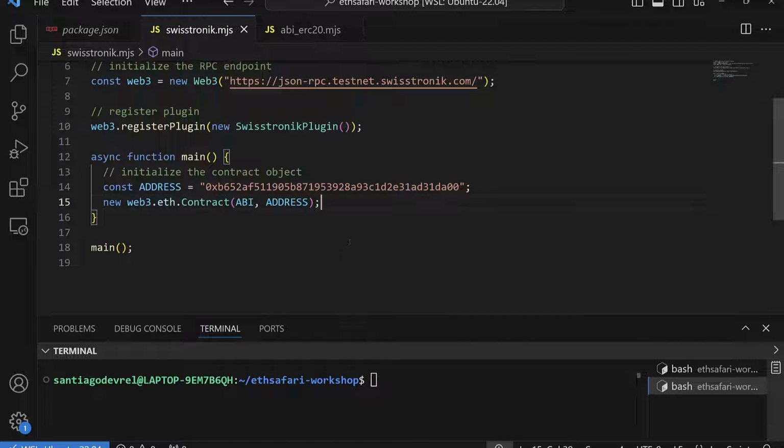Okay, so we will always need two things to interact with contracts, the ABI and the contract address. And then we just store this in a variable here. Let's call it myContract. And now to interact with the contract,